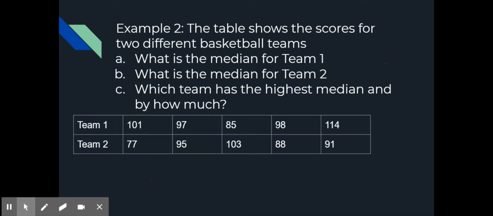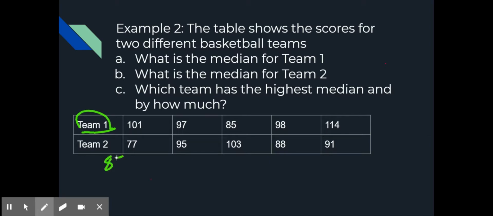Okay, example number 2. Now we want to focus on median. Now for median, the part that people always forget is the listing it from least to greatest. So we want to find the median for each team and then figure out which one has the highest median and by how much. So first we're going to do team 1, and we're going to order it from least